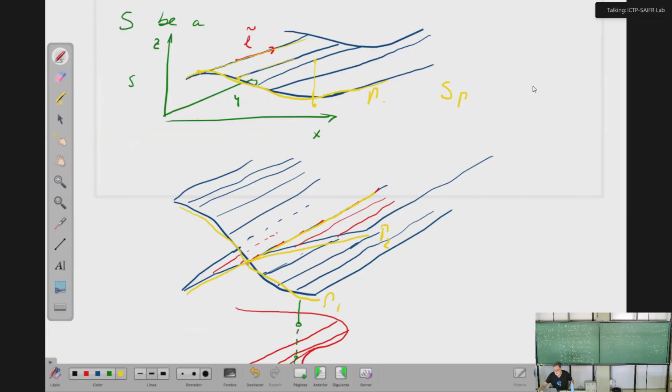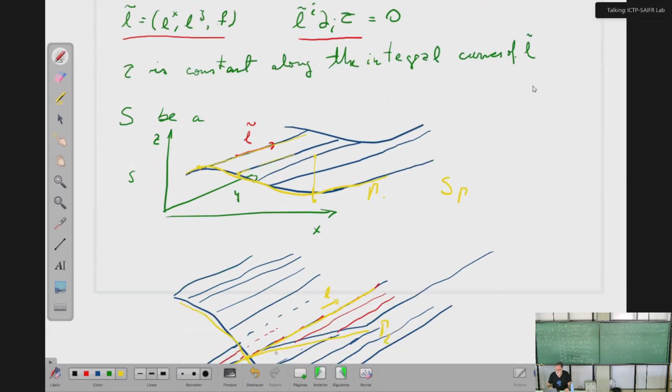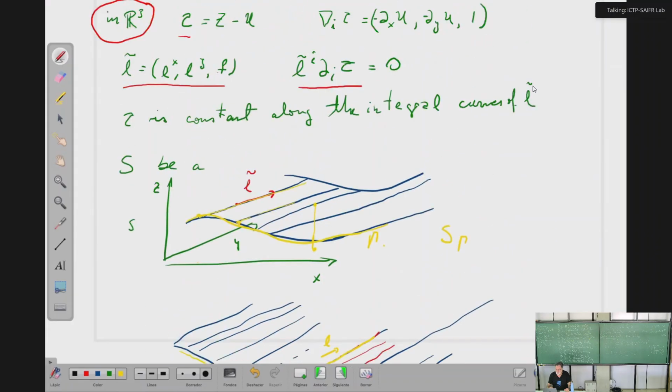So if they intersect at some point, they intersect in a line, and this line is tangent to L. So whenever these surfaces intersect, that will be two different solutions. The line in common is L. So every time you have something like that, you construct a solution, right? So you take a gamma,